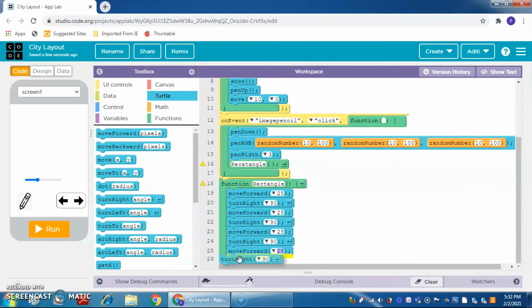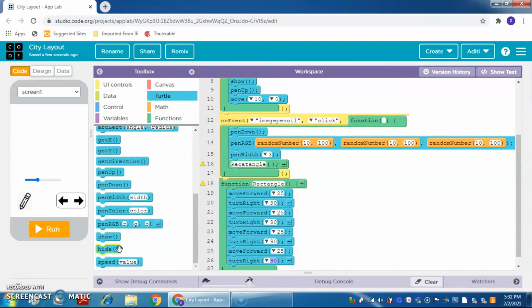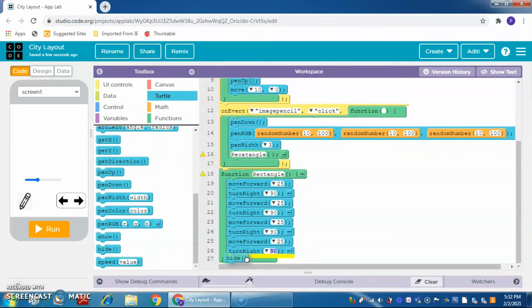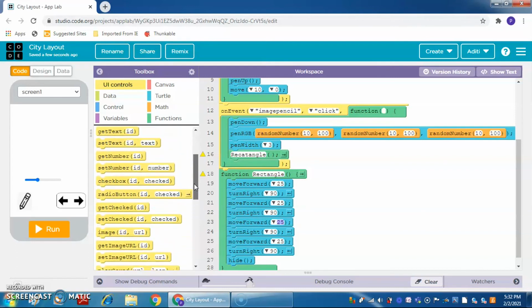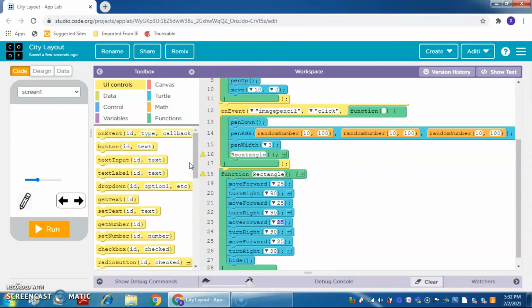And after this we will take the hide block, so the turtle should hide after creating every rectangle. In the first and the third move forward, we will take get number slider 1.